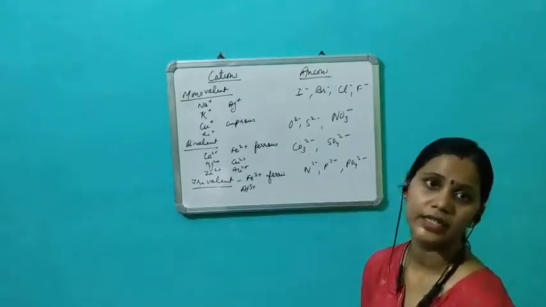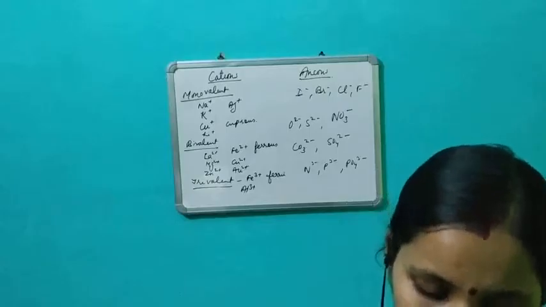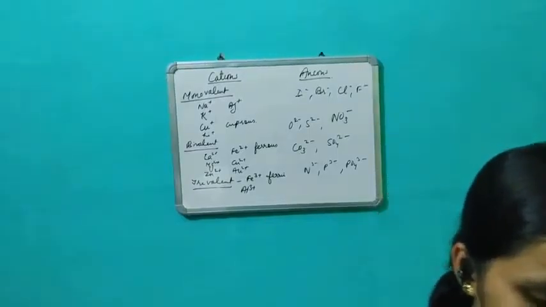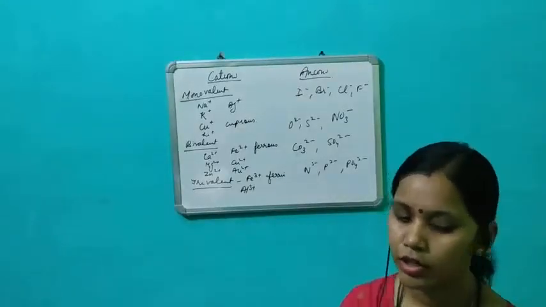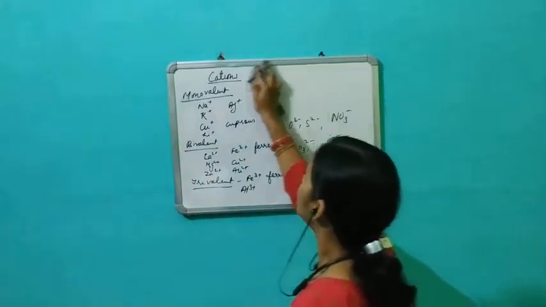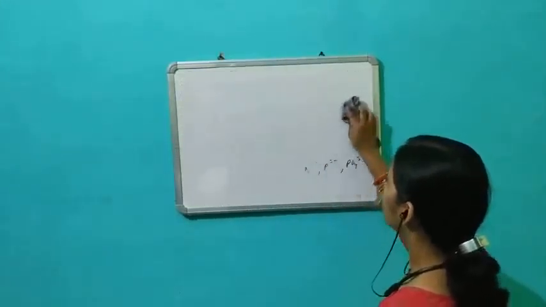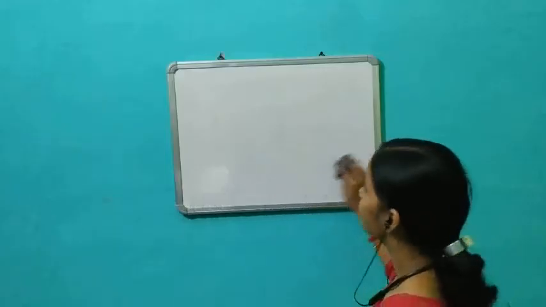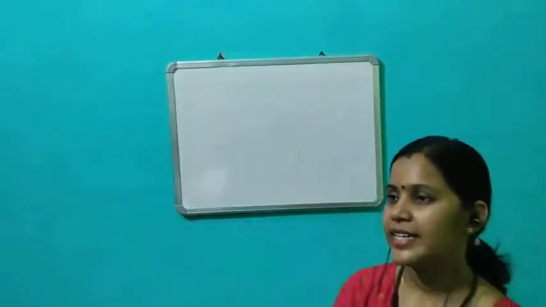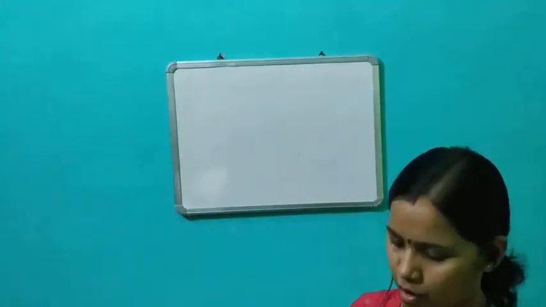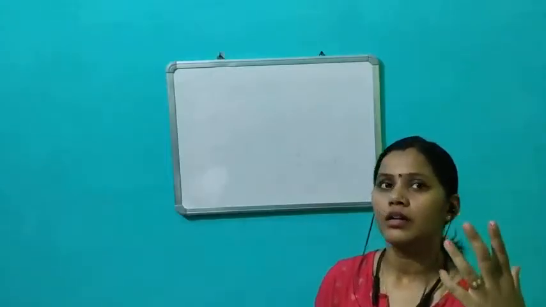Now we will write the chemical formulas of these ions. Now how to write the chemical formula of molecular compounds? First we will learn the basic one and then we will do the ionic one. So in between you can take the screenshots also. Okay, let us write the simple chemical formula. For example, if you want to write the formula of ammonia.